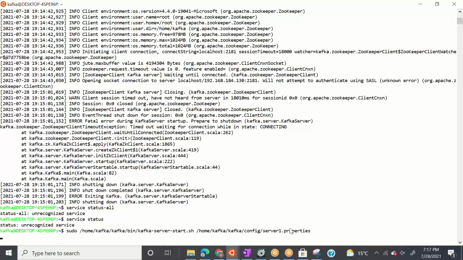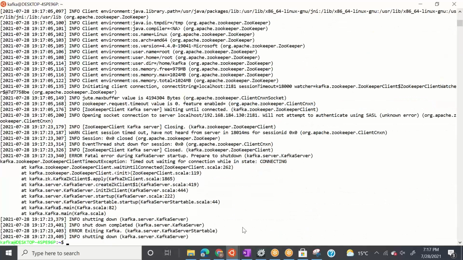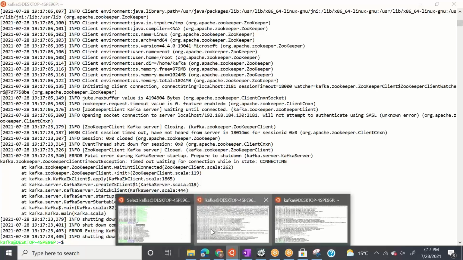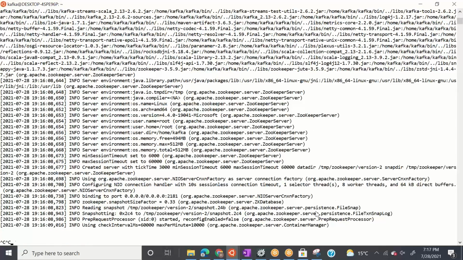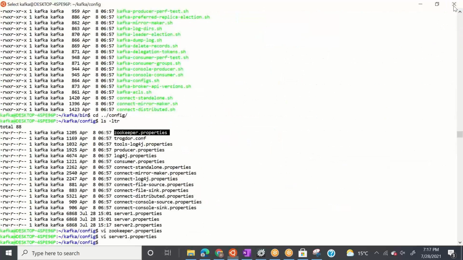Okay. What I did, I have closed all the windows from here. I should have closed the processes. Okay. Let's wait for 1 second more. Yeah, it's not working actually because my Zookeeper is not starting. Control C again. Let me close this quickly. Let me close this, close this.